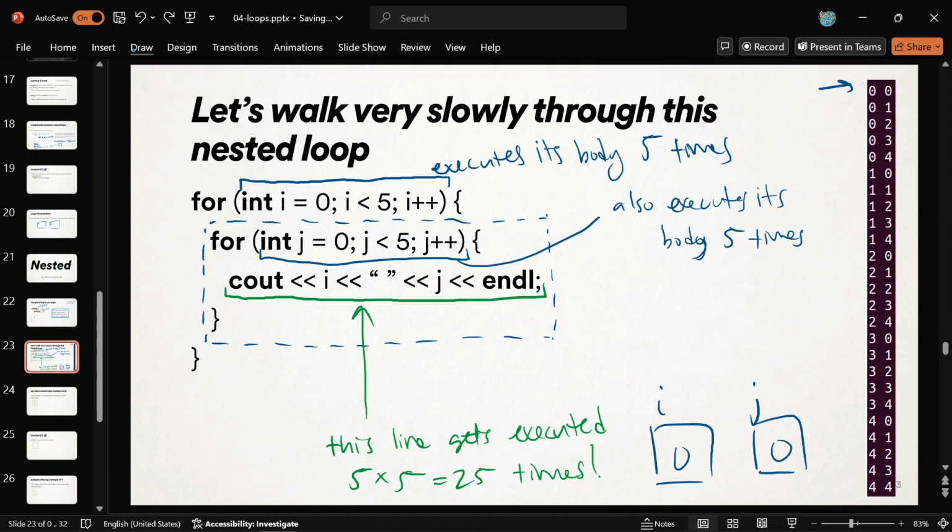So does that make sense why we're seeing 0, 0 printed first? That's what needs to happen first. And then this loop is what's running right now. We do the j++. Now j is 1, right? We're running that entire thing to completion. It's not over yet. So j is now 1. 1 is less than 5. Does that make sense why we're going to see 0, 1 printed next?